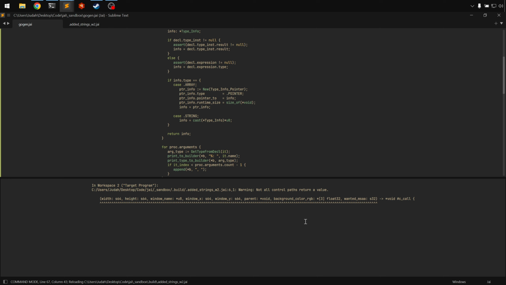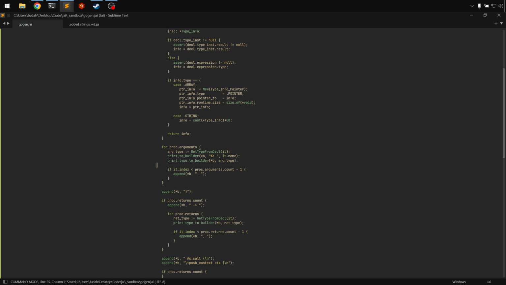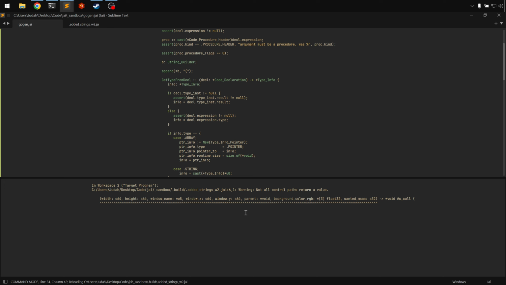I think that would suffer the same. No, it totally works. Okay. Well, we're just going to do that. I forgot print type to builder actually works in type info types. Only downside is for structs that are polymorphic, which I guess would mark that the procedure flags would be polymorphic, so we don't actually have to deal with